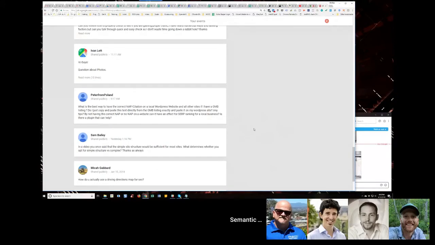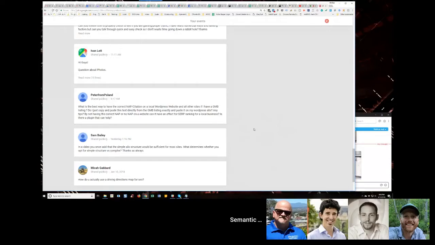He said, as far as simple silo structure, I always recommend using that if possible, because complex silo structure, I mean, it's just as the name implies, it can be very complex. If you're using just a virtual silo method as opposed to a physical silo method, which means you're leaving your permalink structure to just post name inside of WordPress instead of category/post name, then you can get away with using complex silo structure without it being quite as difficult to reconcile like some funky URL things that happen with complex